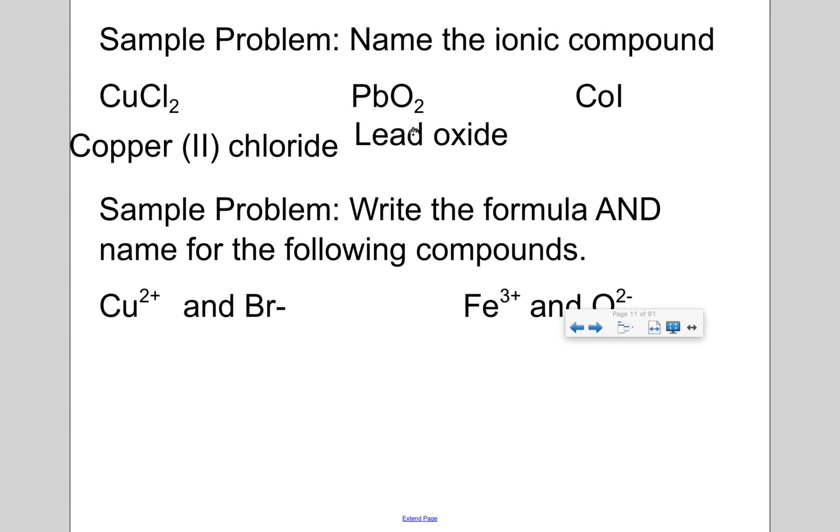Lead, Pb, that's in the P block, so we're good here, lead oxide. Co is cobalt, that is a transition metal. So you write the cation as is, cobalt. Okay, I'm just going to leave this Roman numeral blank for now. I is iodine. Well, we don't say iodine, we say